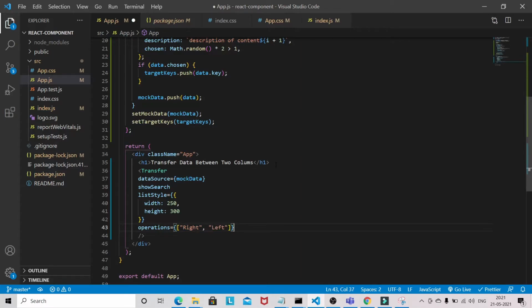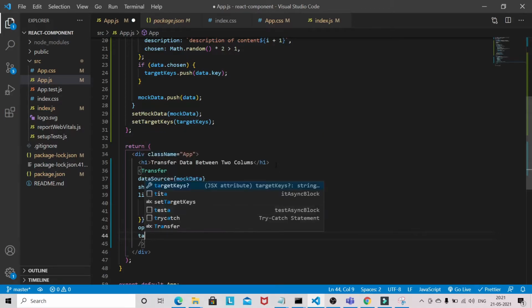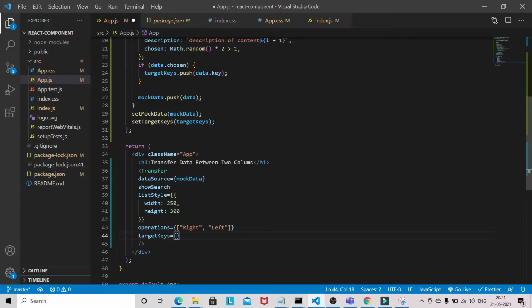You have to pass these props onto this Transfer component, along with onChange, handleChange, which is a function we have to write, and render. On render we have to write one function.